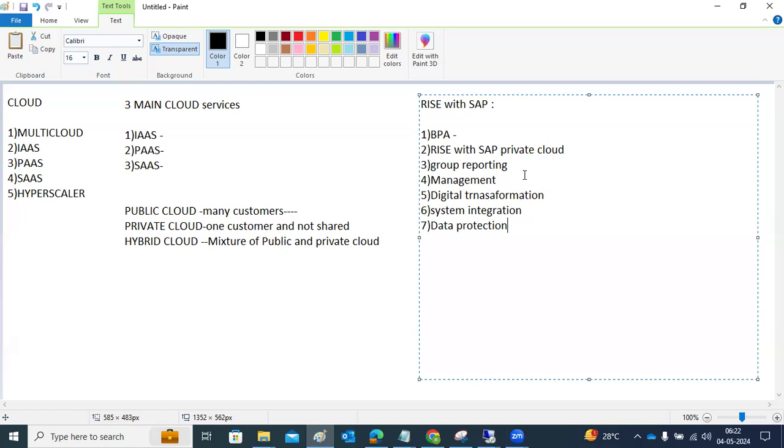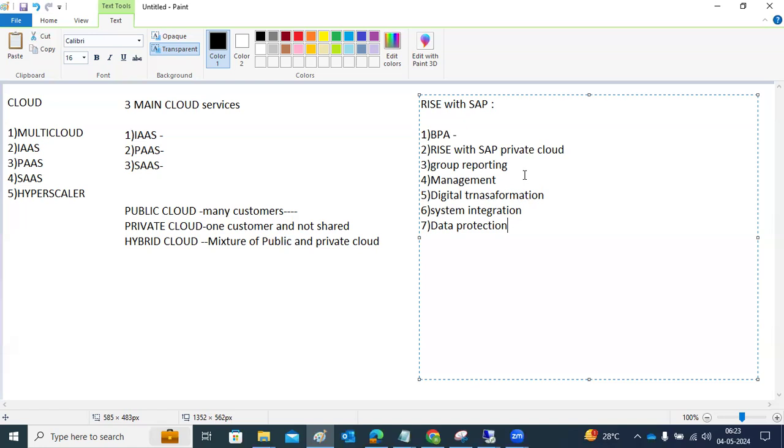It's a cloud ERP, the heart of Rise with SAP. It's one of the bundles of software. It includes ERP, process intelligence, executions. There are many things with Rise with SAP. So these are some important things about Rise with SAP.